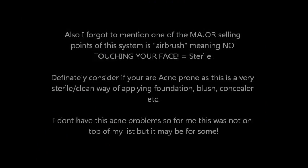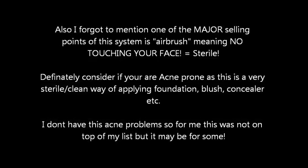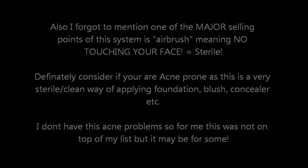The products themselves are pretty good. I really like the foundation. I especially like the Ultra. That's all I've tried, and I find it has a really nice natural finish to it. It doesn't look too cakey or too thick. Definitely light foundation, which is nice. They have a beauty system, a pro system, an everyday beauty system, which I got, and they range from $170